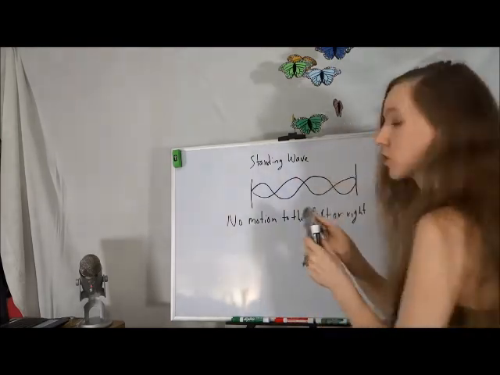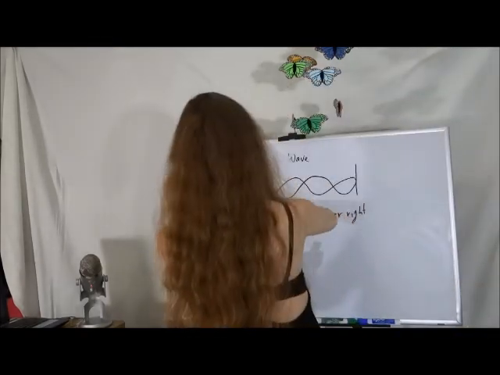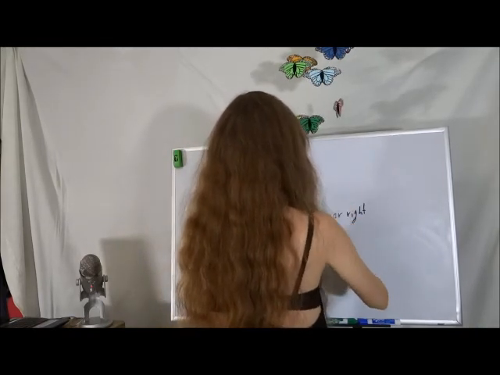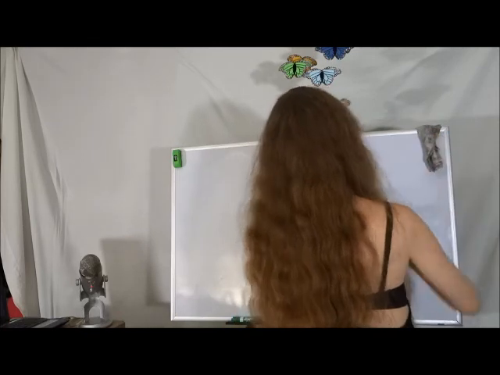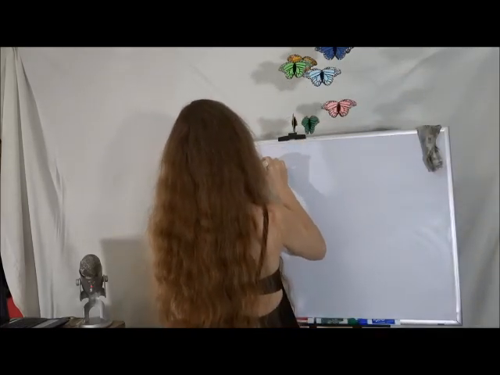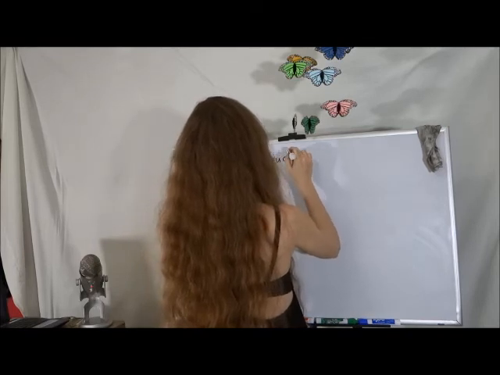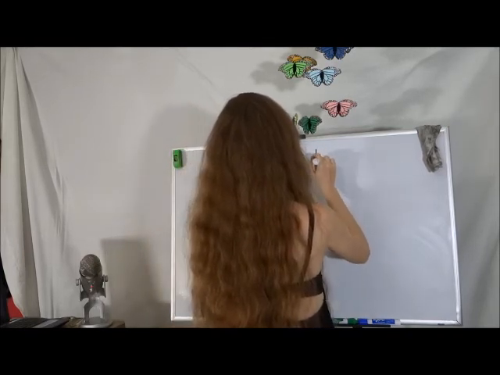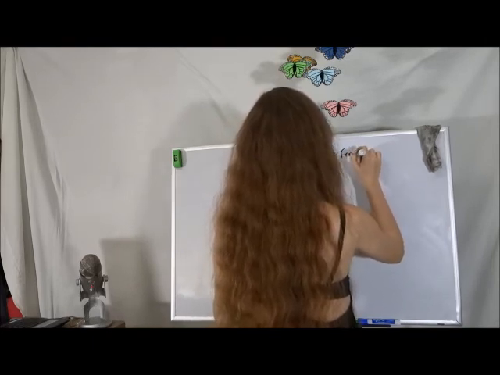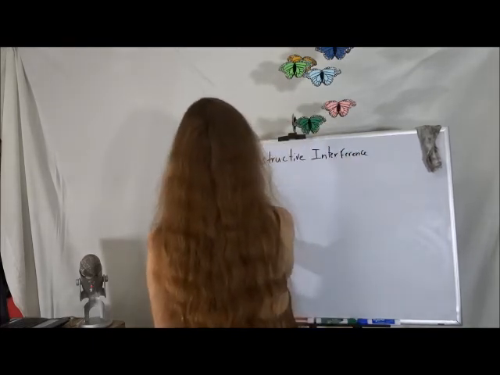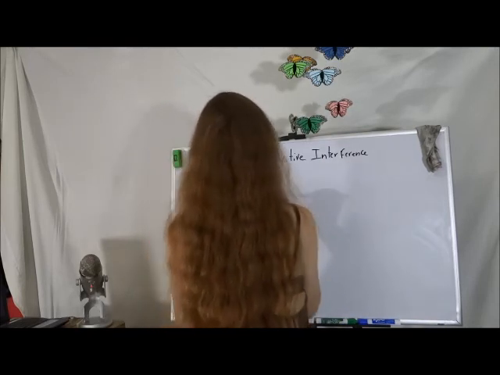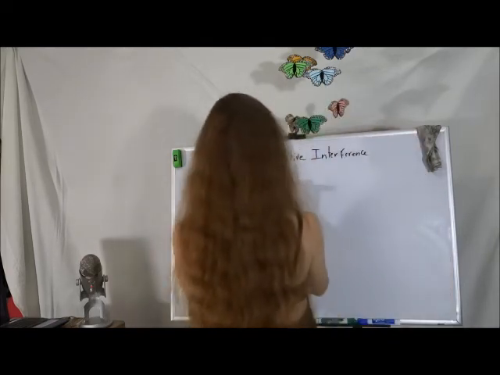So for an example of constructive interference, let's suppose we have a string and we have a square wave that's moving to the right, and we have